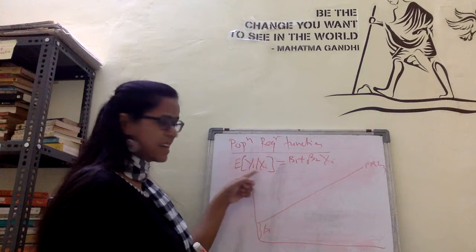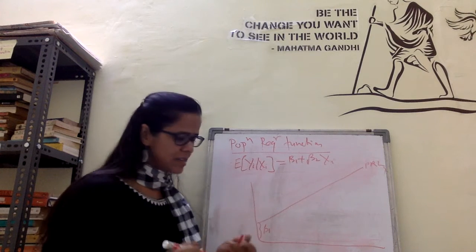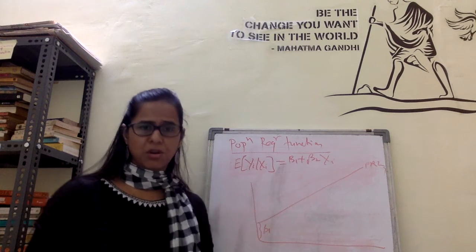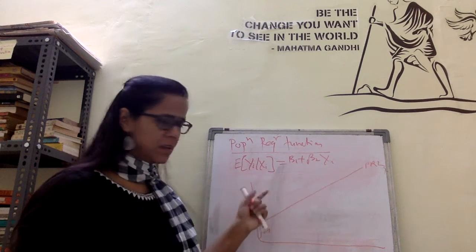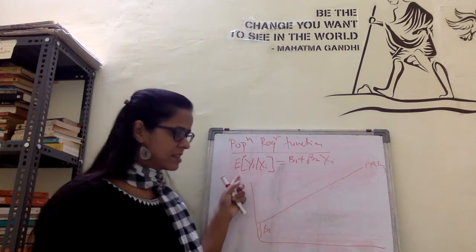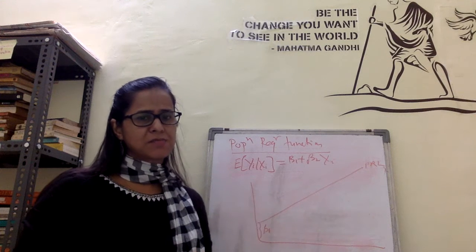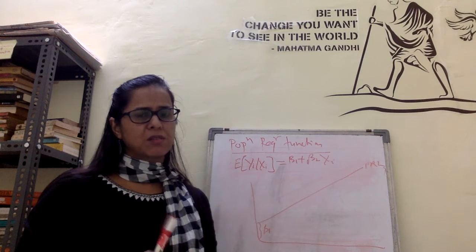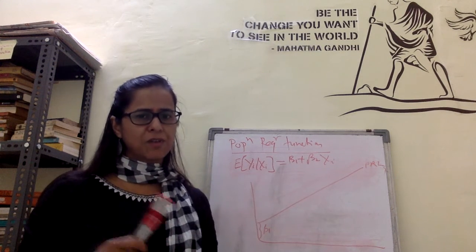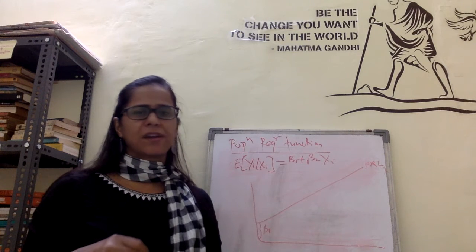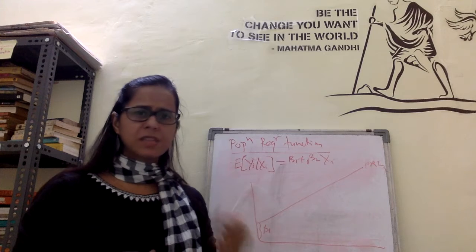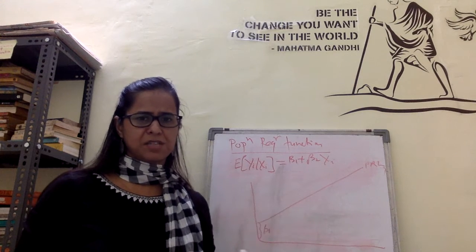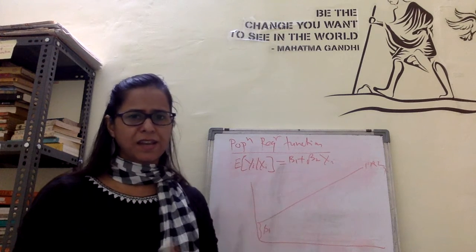Okay, so to understand this definition, as I mentioned the theory of consumption yesterday and took it as an example, I am taking the same theory to make you understand this concept. So in consumption theory, I told you the level of consumption expenditure depends upon the level of income. Say for example, if we are taking 50 families, and we want to understand how much their level of consumption expenditure depends upon the level of income.